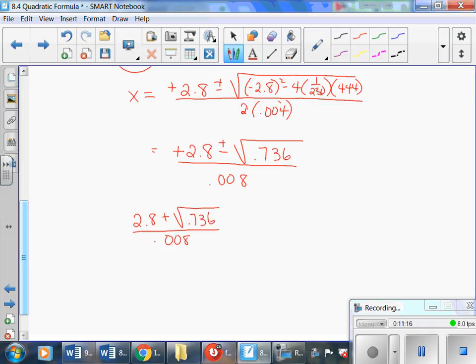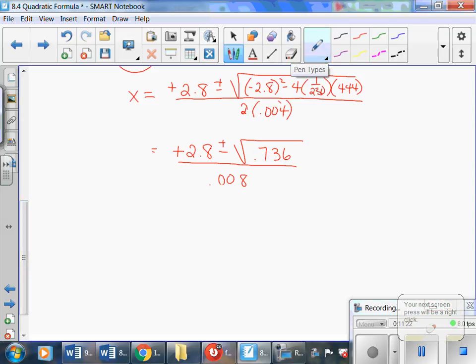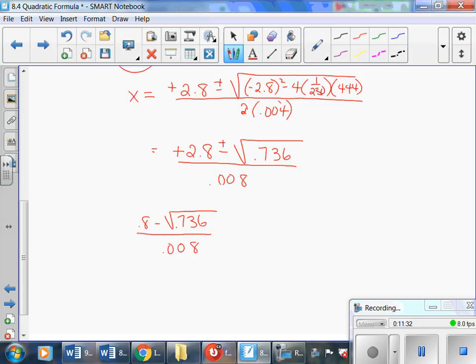And this is my lower bound. So I'm going to make this one 2.8 minus the square root of 0.736 over 0.008. This is my upper bound, so it's going to be 2.8 plus the square root of 0.736 all over 0.008,